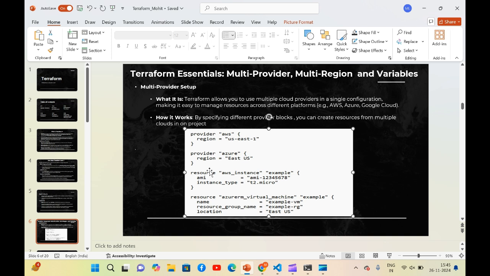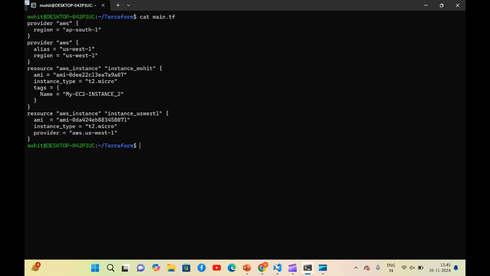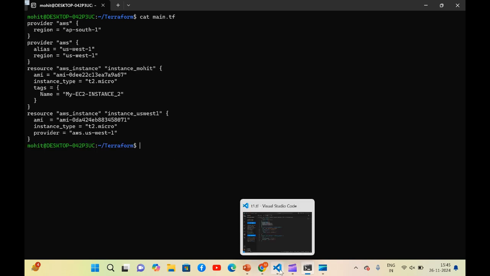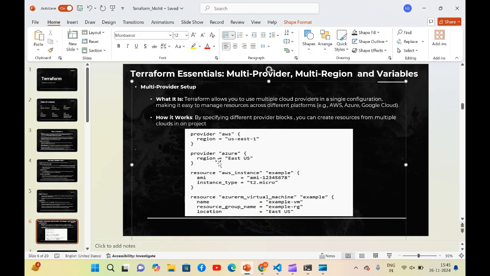Why I am showing you this is that with a single configuration file, you can create an instance on multiple providers. That's the basic idea. So basically, we are done with multi regions, as I showed you, and I have also given you the basic idea for multi providers. Then we will move